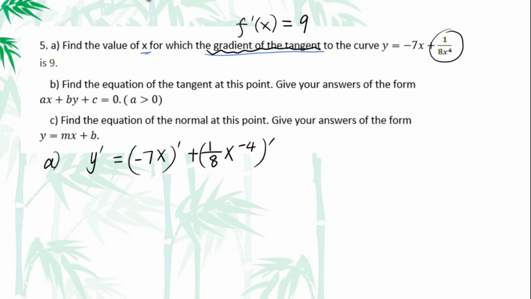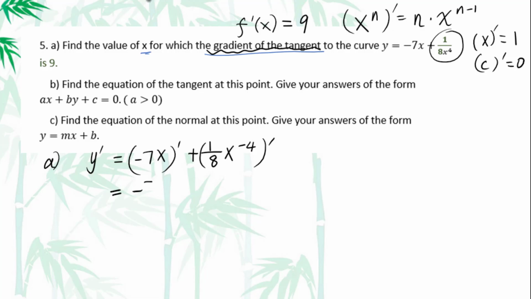The power rule of derivative: x to the nth power prime equals n times x to the n minus 1th power. X prime equals 1. Constant number prime equals 0. For -7x prime, it's -7